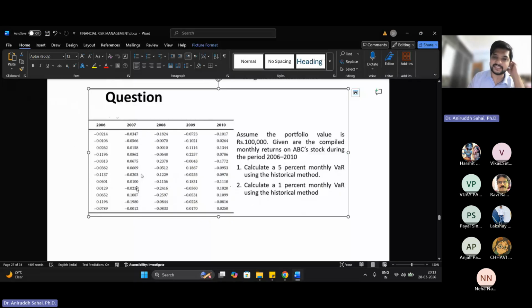In all of these years, we are trying to find out... We have to arrange. I told you the first step here, if you want to find out VAR, is to arrange all of these from low to high. Now, of all of these 60 months, which month has the lowest return? I think the third last month in 2008. 25.97. That means this 25.97% is the lowest observation month. So our 1% VAR will be